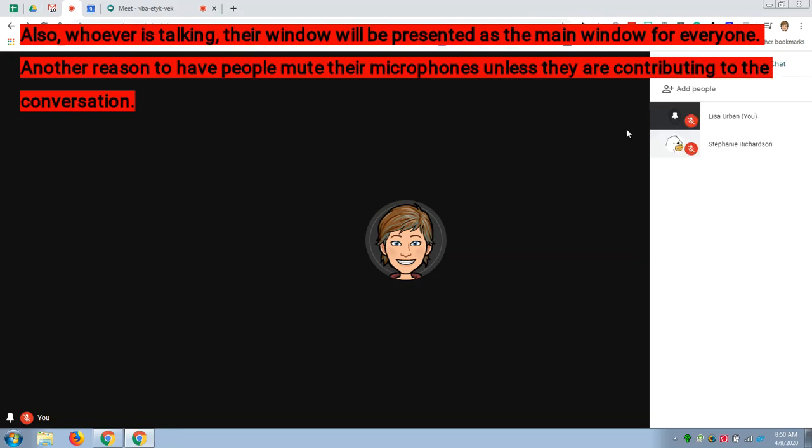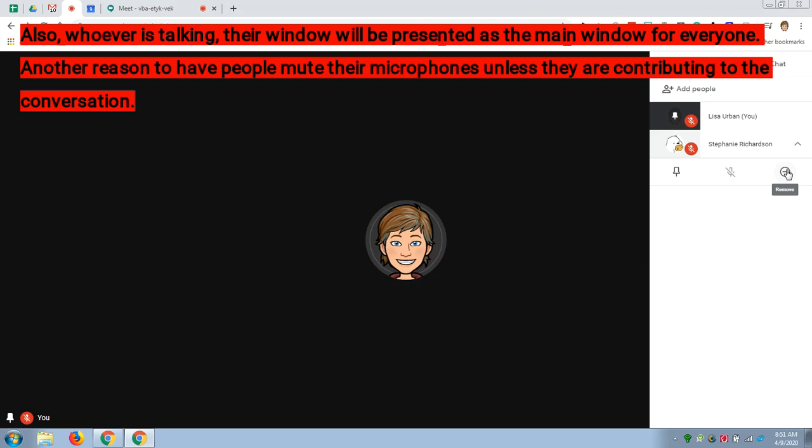Under the People tab, if you have somebody that either forgot to turn off their microphone or maybe they don't know how to turn off their microphone, you can mute them. So if you do a drop down here, if they do have their microphone on, you can simply click this button to mute them. You'll notice it says that you can't unmute somebody else. So if they've muted themselves, they're going to have to turn their microphone back on in order to talk. You can also remove somebody from the group. So if somebody was uninvited and they did come into your group and you didn't want them there,